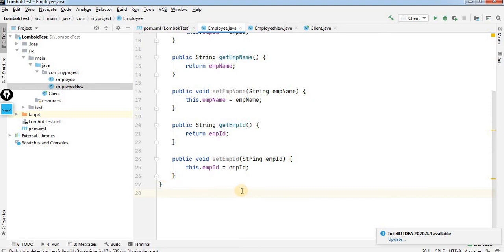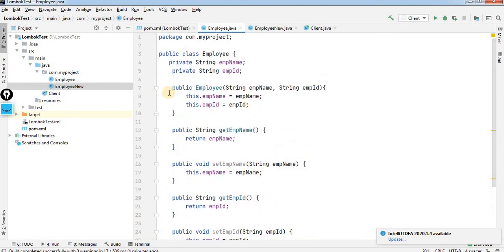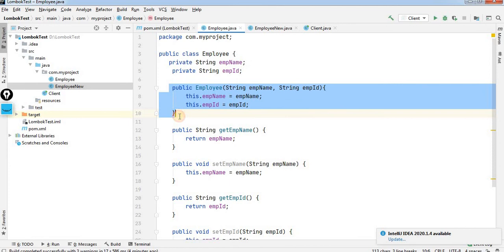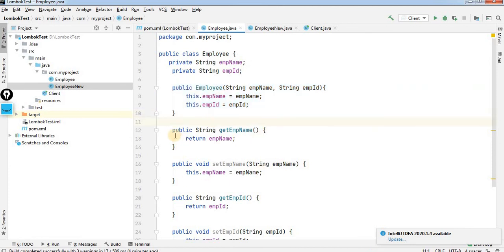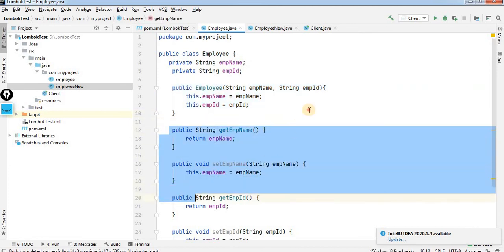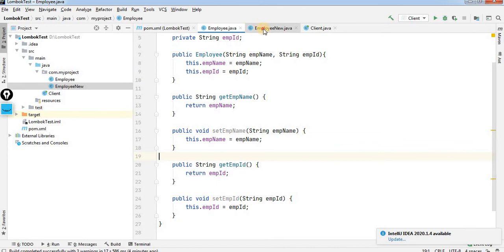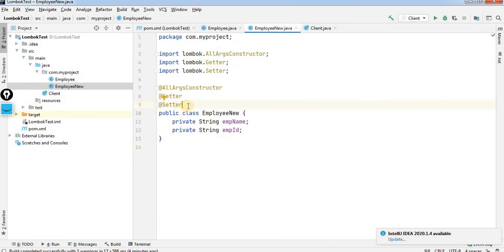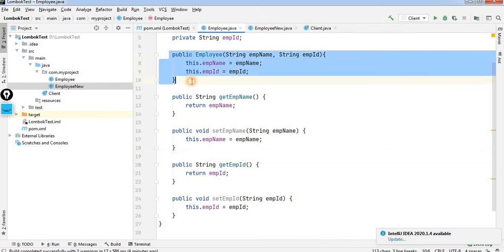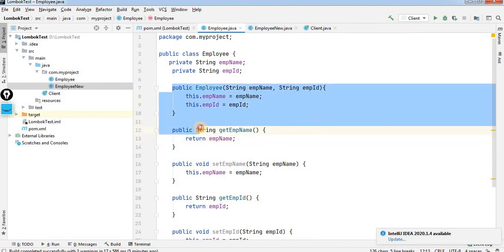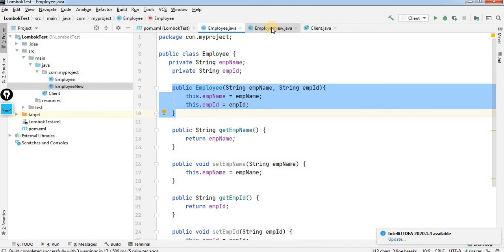In the other class you have to provide the argument constructor, and all this information should be available at compile time in your source file. But here in the new employee class, we are using the Lombok annotation @AllArgsConstructor, which is a replacement for providing the argumented constructor for the employee class.